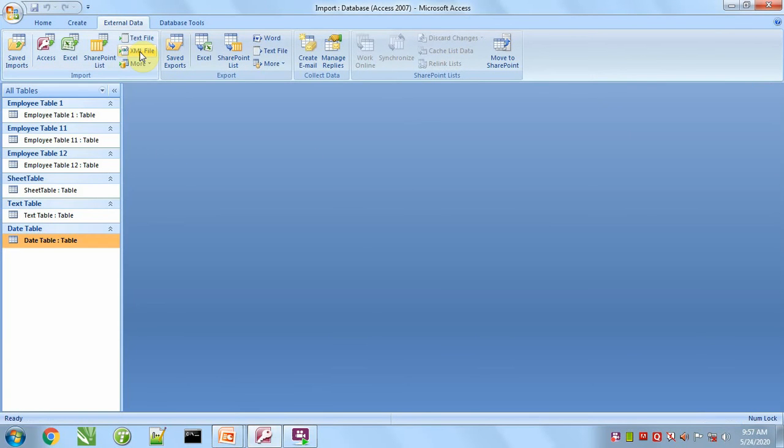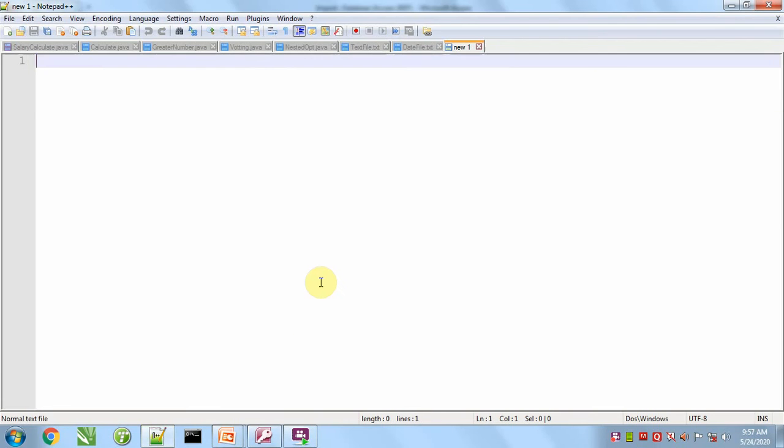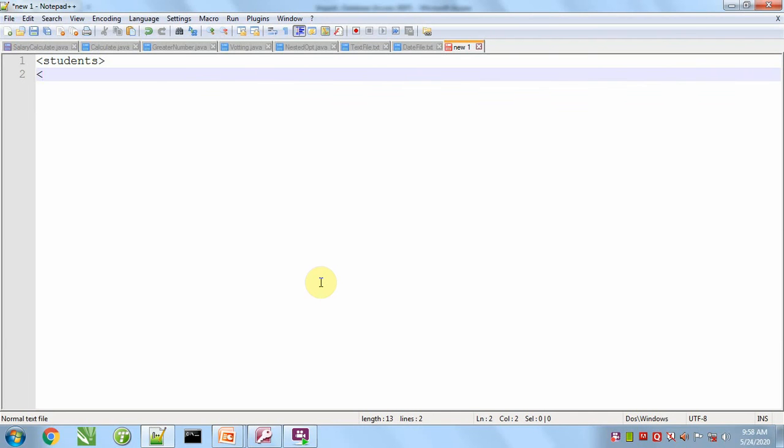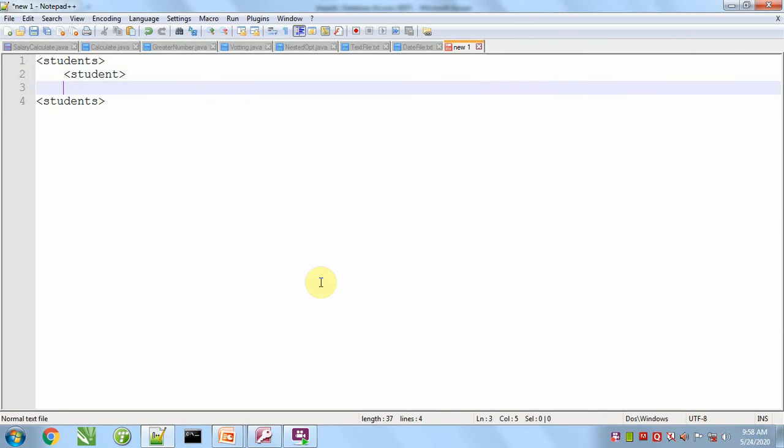Next we can import data from an XML file. So we have to create an XML file first. The XML file will be like this. This file is made from tags. Each tag should be closed properly.